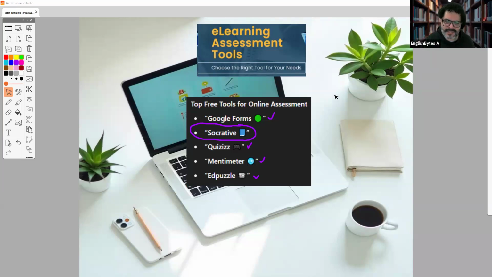So Socrative has a component that is basically gamified, because you can choose the different options, different images,